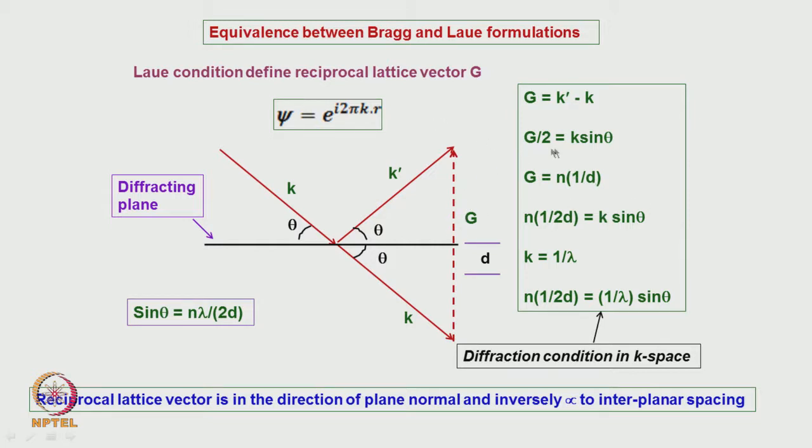What is the relationship between all the points? That means that the scattered vector will be lying on the surface of the sphere, correct. The primary beam vector is also lying on the surface of the sphere, and when the scattered beam vector lies on the surface of the sphere, then the diffraction condition is satisfied. So, this will be the vector G which is going to be.